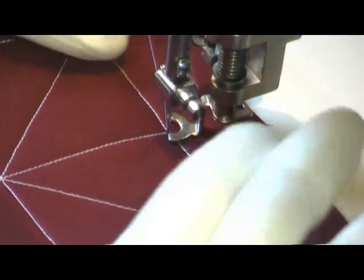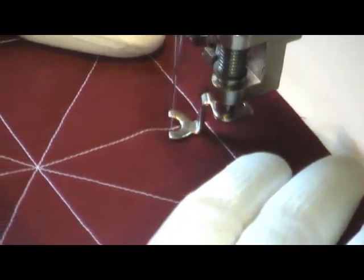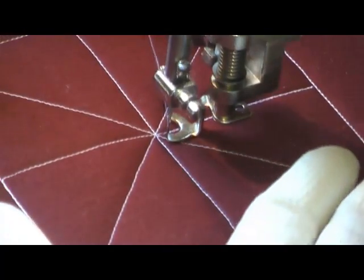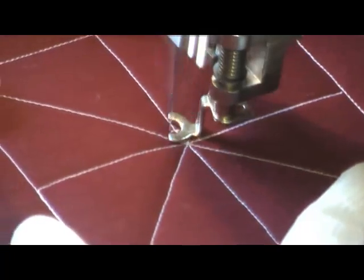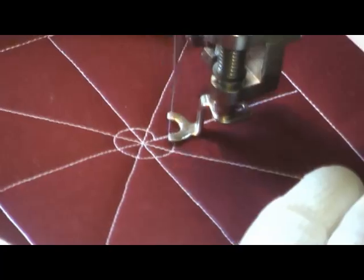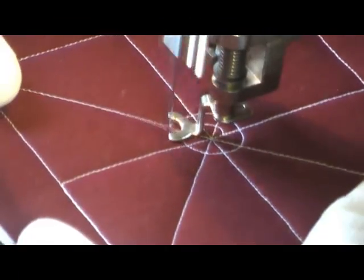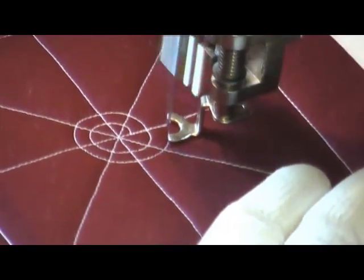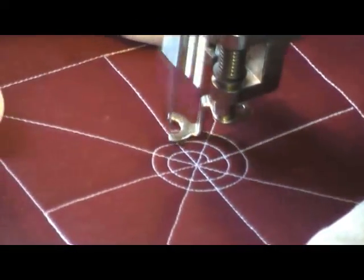So now that our foundation is laid, I'm going to travel back along my previous line of stitching and get almost towards the center. And then I'm going to start the spiral. And here's where you can very easily upscale the design. I'm stitching this at about 1/4 of an inch away from my previous line of stitching, so the coil is